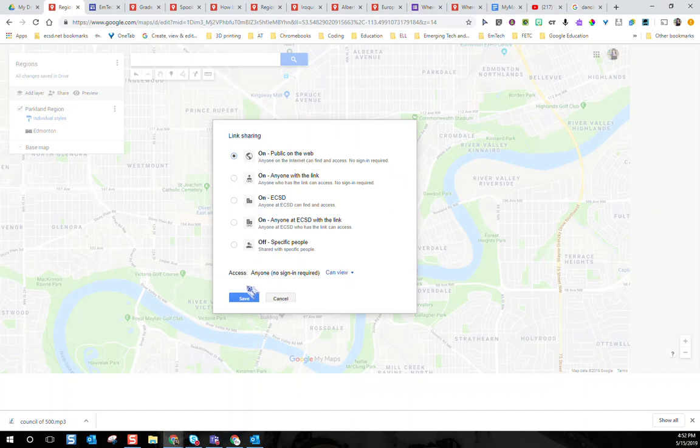And if I wanted to use this where everybody who had the link was able to edit, I'm just going to say anyone with the link can edit. I'm only probably going to leave that on temporarily until the map is done, and then I'm going to turn that off again. And we know with Google, you can change that at any time.